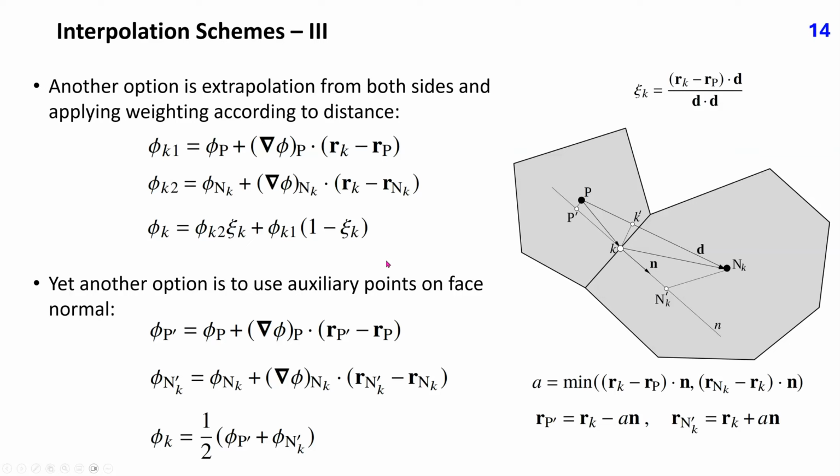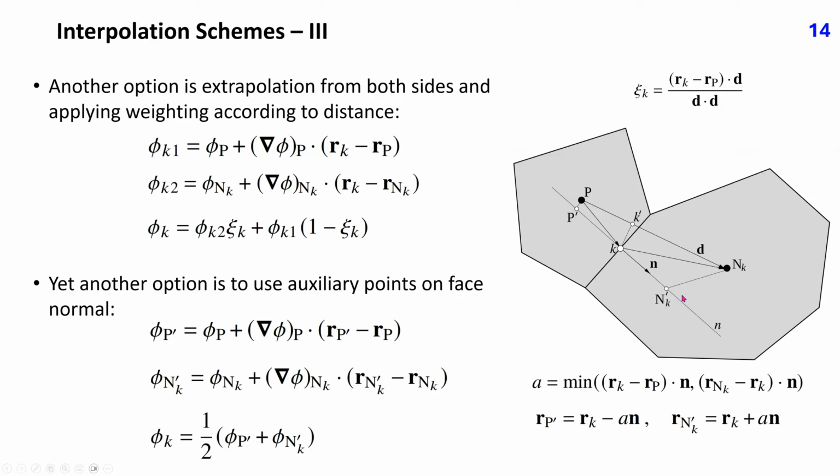Yet another option is to use auxiliary points at phase normal. We take a dot product of vectors connecting P to phase center and phase center to neighbor cell center Nk, and define the smaller of the two distances as A. In this figure, A is the distance from P prime to K. We set the other auxiliary point on the normal at the distance A from phase on the other side of